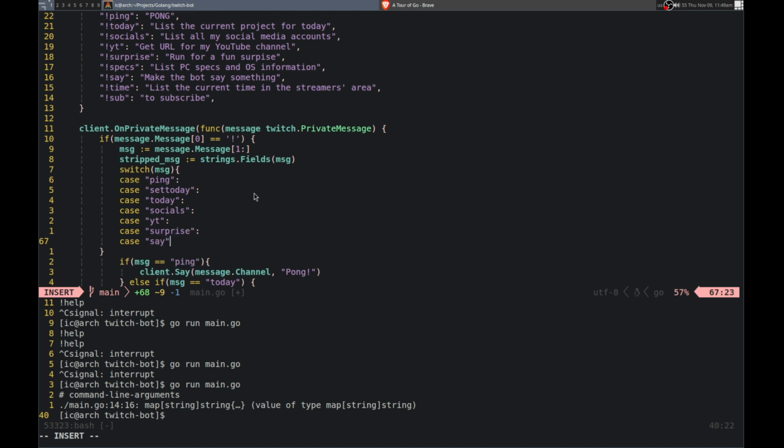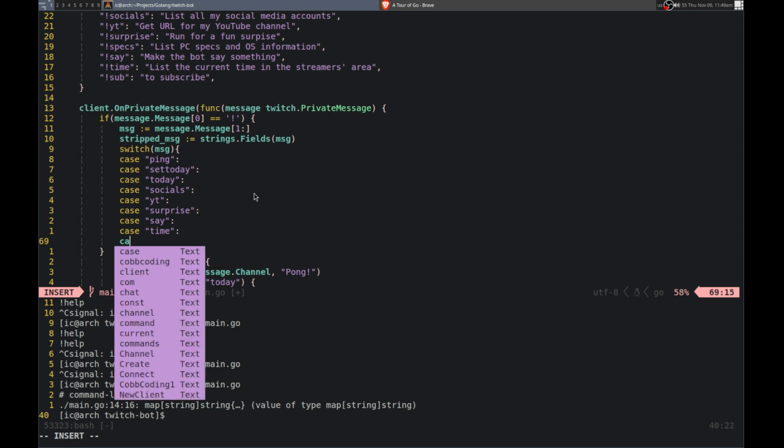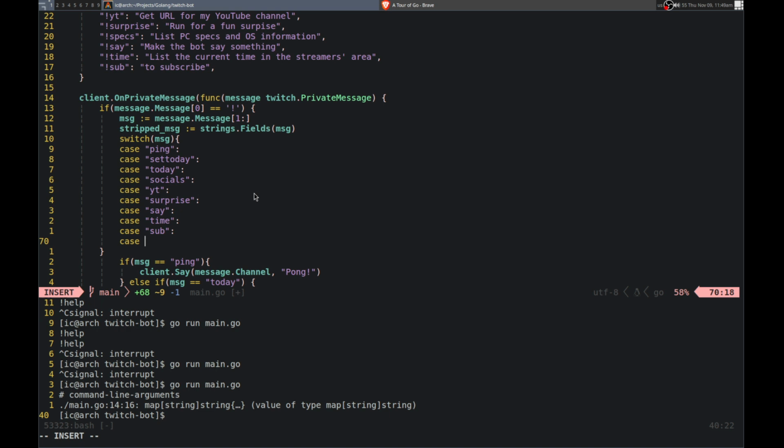Case say. Actually, part of this won't work because of the way it is done. Yeah, well, I can fix that. Yeah, so case say. Case time. And then case sub. Okay. And tell. Okay. So then we can add all this in here, but instead of doing this, we can